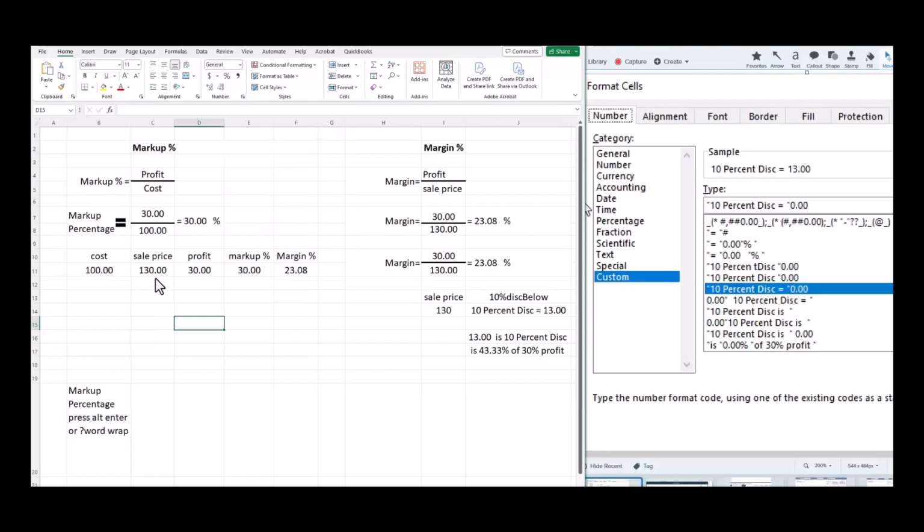So our cost is $100, our sell price is $130, and our profit is $30. So our markup percentage is 30%. Now something kind of weird, our margin percentage is 23.8%. So, looking over here on this other side of the spreadsheet, if one of your employees decides to help his friend out or change prices or something,